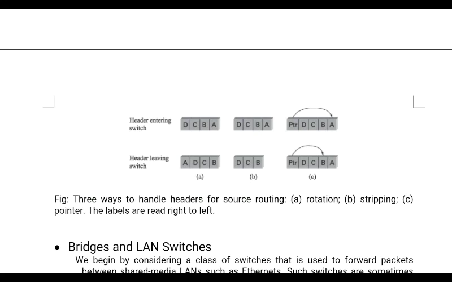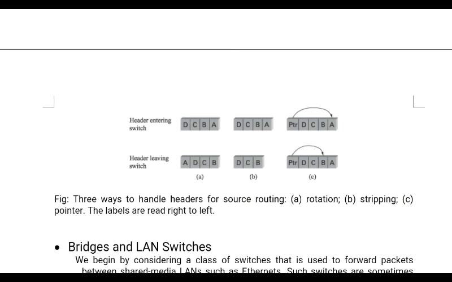The third method we call the pointer. Here the pointer is pointing to port number A. When switch 1 receives this packet, it is going to forward it on port number A. Is it clear? That is, on the outgoing port A, this packet is to be forwarded. Then, before transmitting, the pointer is decremented and points to the next one, B. When the second switch receives this and the pointer is pointing to B, it is transmitted based on this outgoing port, and once again the pointer is decremented, and so on. So these are the three different ways to handle these headers for source routing.